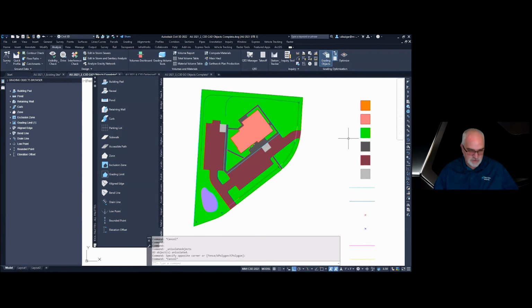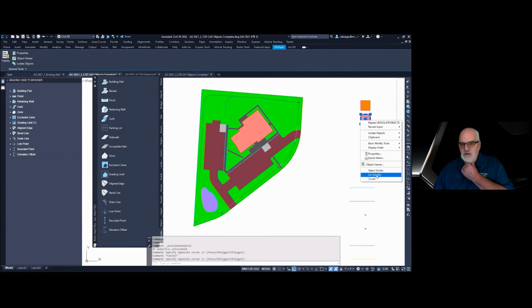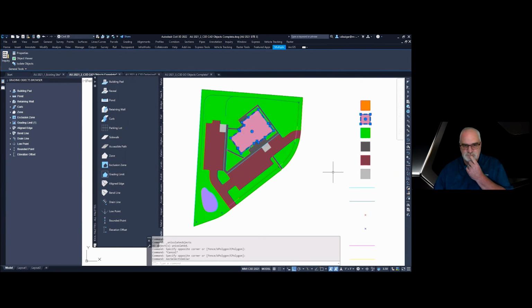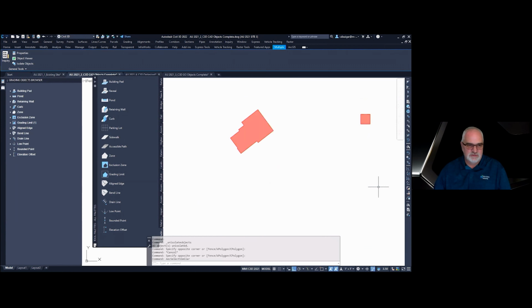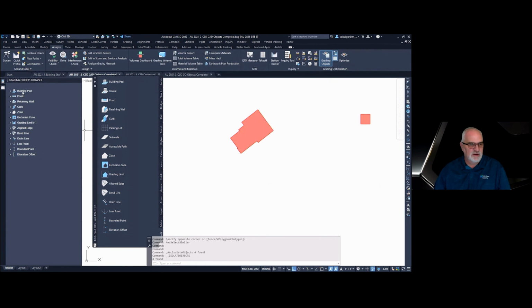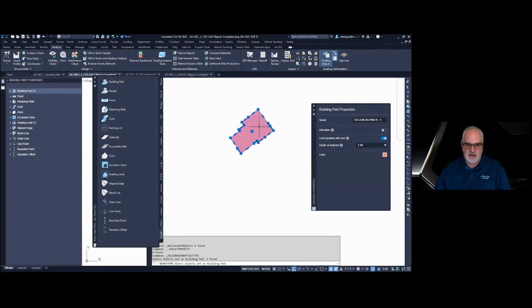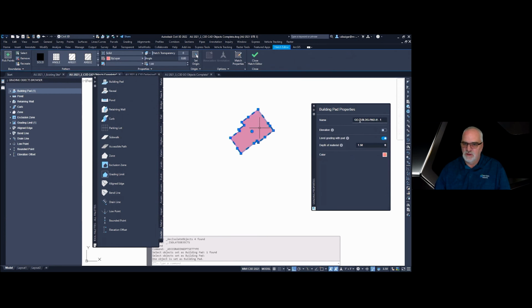Now I want to do the building pad next. Let's isolate it, and building pad is also already predefined here in the tool palette. I just select it, select the hatch, and here it already has a name. You can give it a fixed elevation if you want, or a min max elevation.